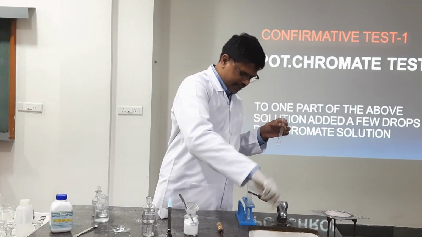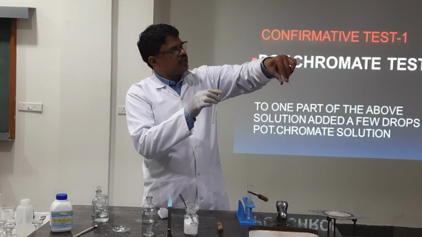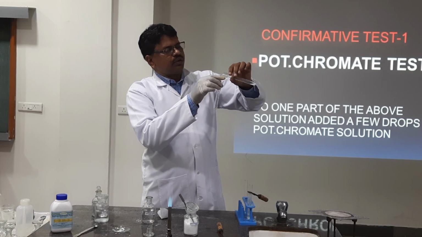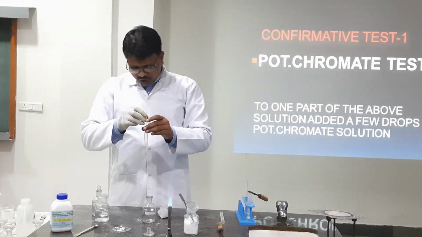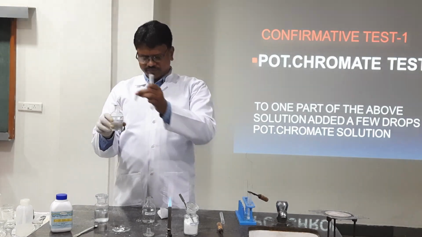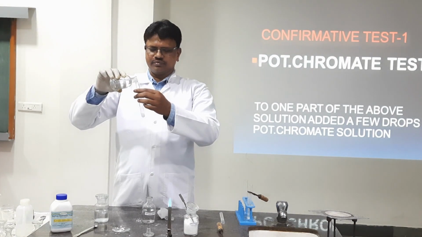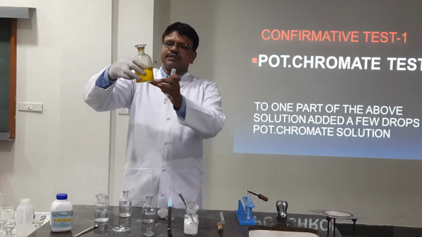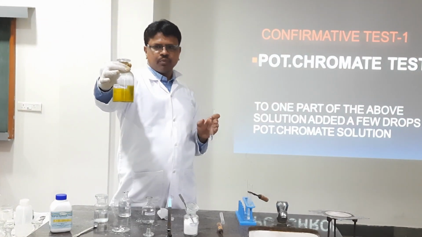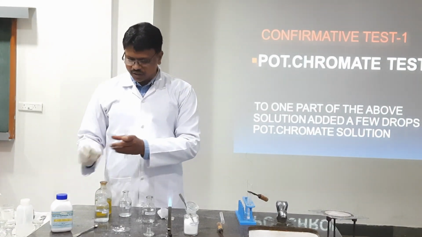Yes, my test tube is already taken here. All the liquid I am going to take out. Now this is the amount of white precipitate. To this what am I going to add? Acetic acid. And finally the reagent known as potassium chromate, K2CrO4, which is yellow in color, whereas potassium dichromate is orange in color, students. Okay.